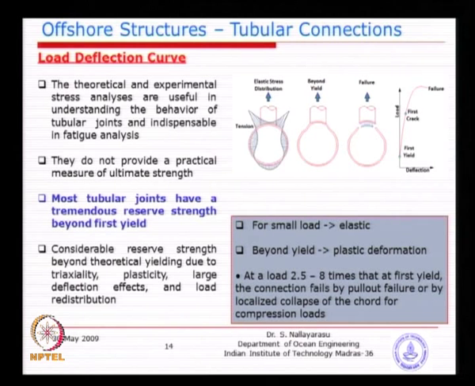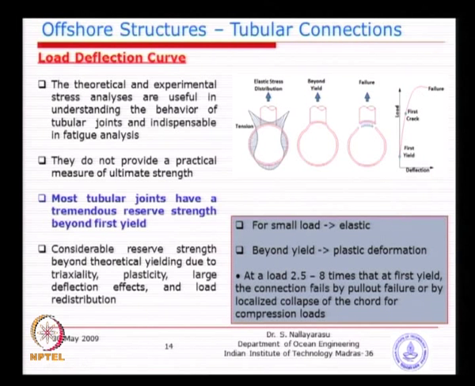So, for a failure to happen, you need to have dislocation of the brace and chord for a sufficient length. 1 millimeter is not going to fail. So, if it is 20, 30, 50 all around the circumference, that means the failure will occur when the load is substantially larger.